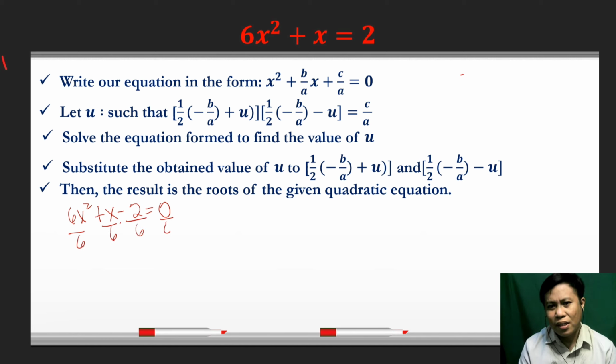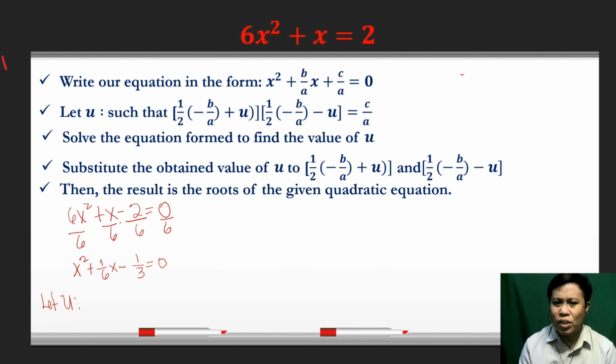So this one now is x squared plus 1 over 6 of x, or x over 6, minus negative 2 over 6, that is 1/3, equals 0. Then we assign another variable, let u, such that